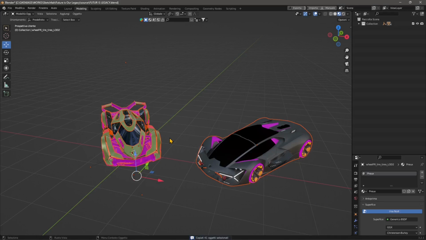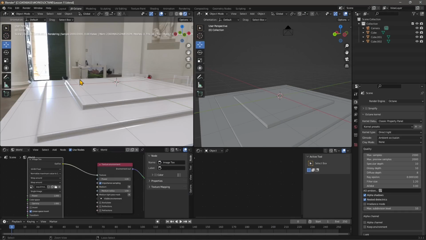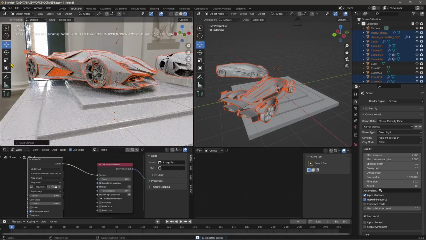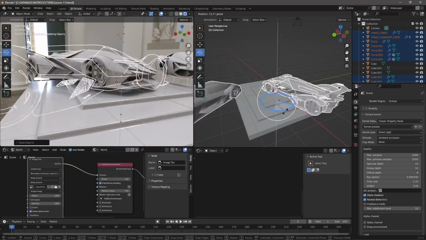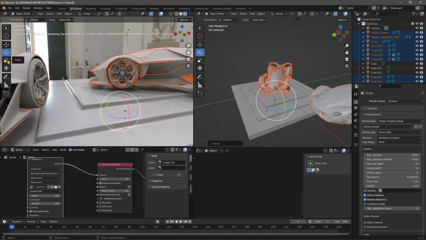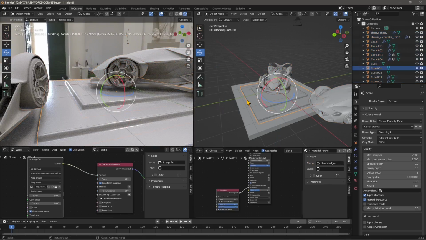Now we're ready. I just copy them. So select everything, Control C, go back to my scene, Control V, and that's it. Now we have the two cars, but they have a standard material. So now we're going to work a little bit with lighting, with the render settings, with the render effects,